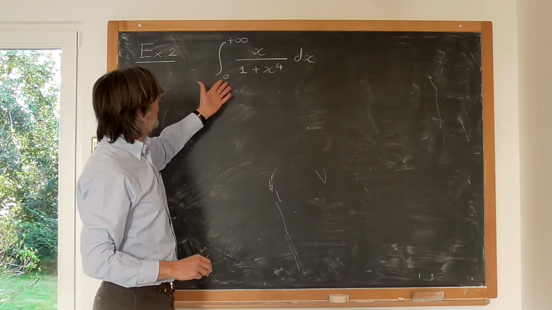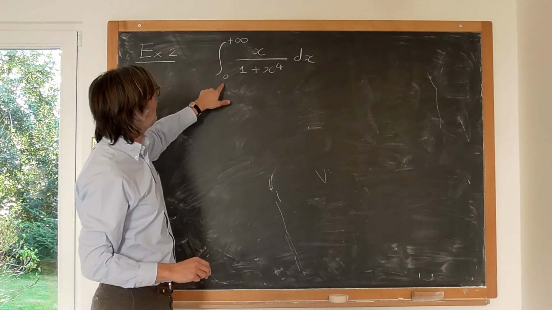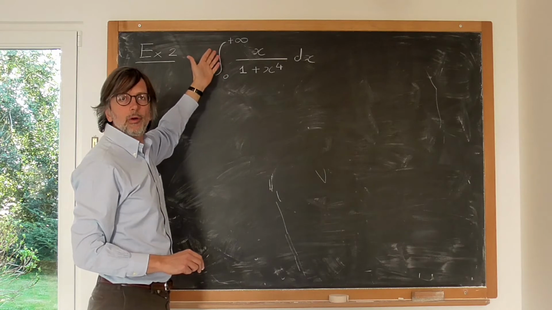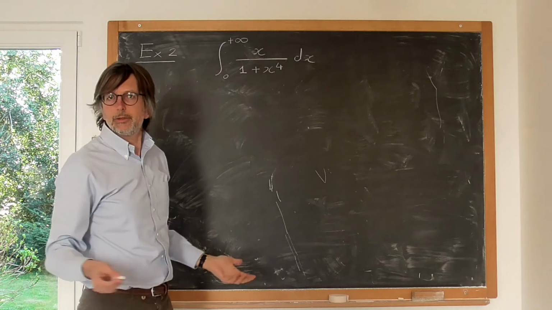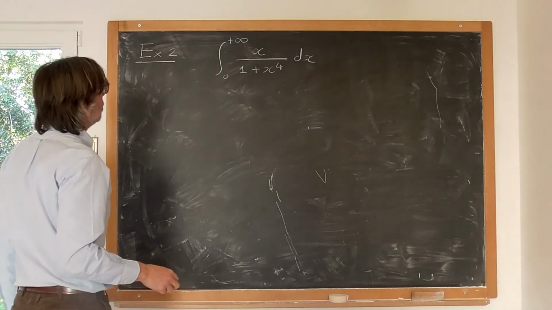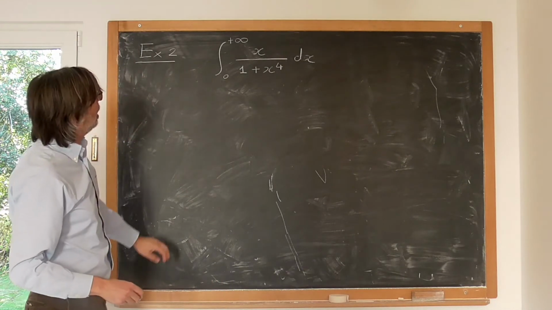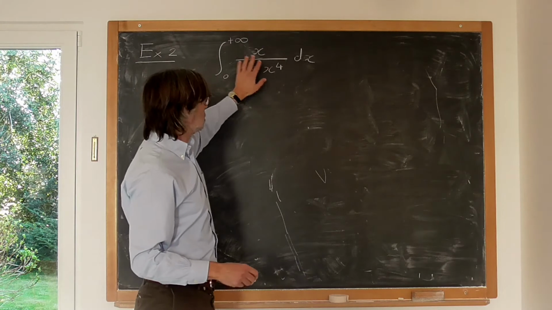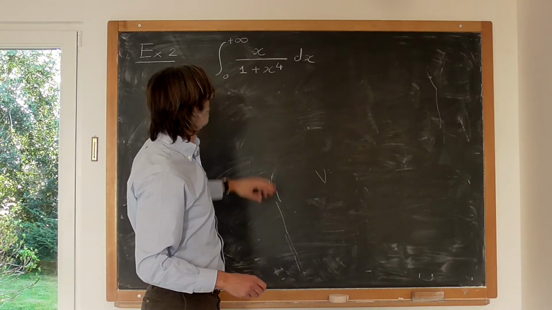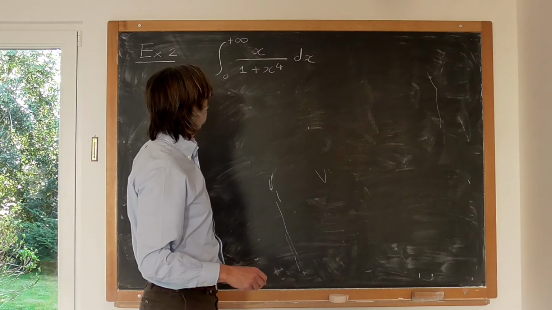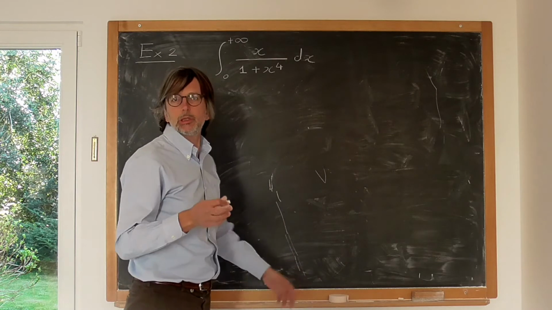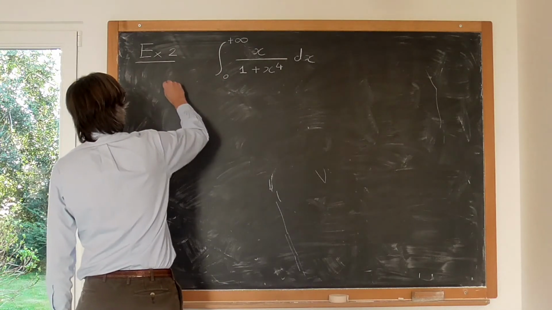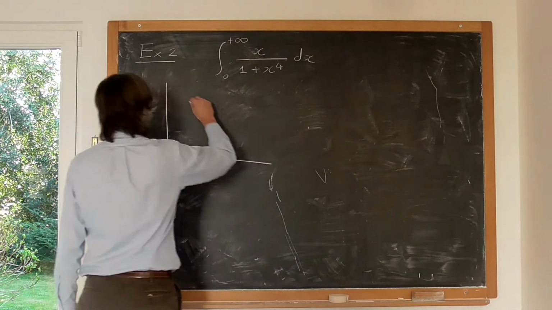And so it would not help to integrate this function over the whole real line, because this is an odd function, so the integral over the whole real line is just 0. So it gives us no information. And hence we will do something else. But first of all, notice that here we have no problem in summability. This function goes to 0 when x goes to infinity, like 1 over x to the power 3, so it's clearly summable. And this time we will integrate over a half or a quarter